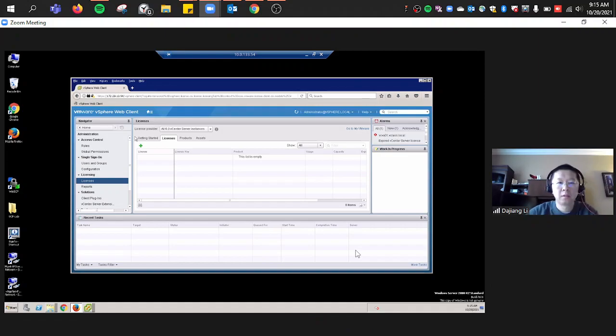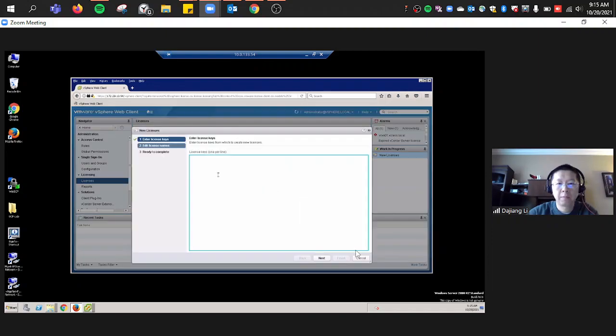So normally in a working environment, you just go click this add button. And no, we cannot add it. I need to type it. Let's try